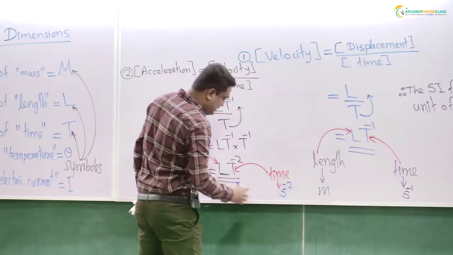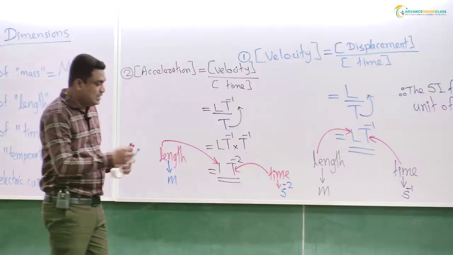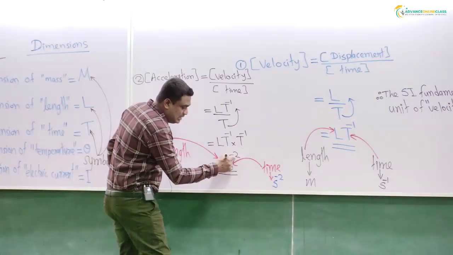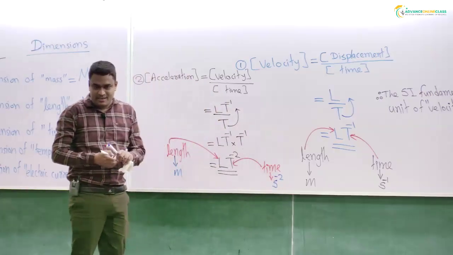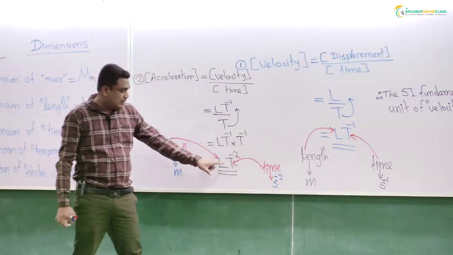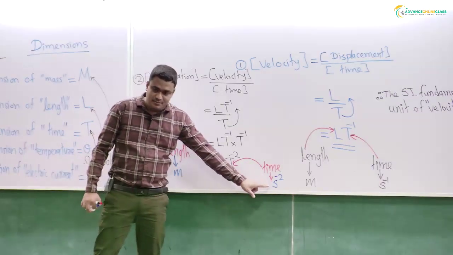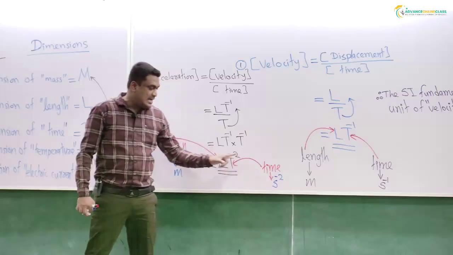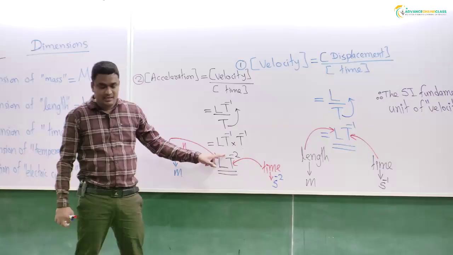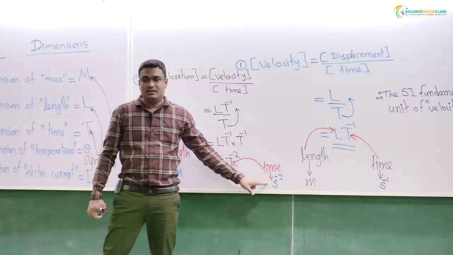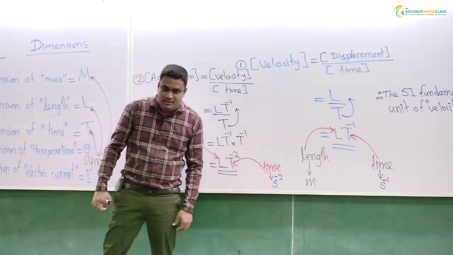This is the method. There are no logical reasons. This is the method. If we have a power with T, we write the same power with the SI unit. Am I right, dear? Dimensions of time is T. SI unit of time is seconds. As there is the power of minus 2 with T, we write the same power with s. T to the power minus 2, s to the power minus 2.